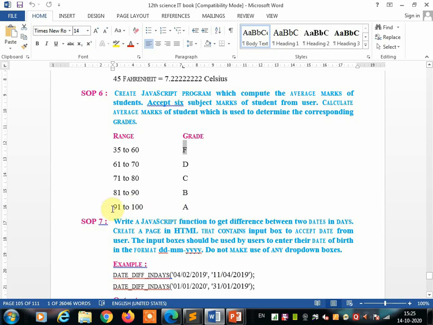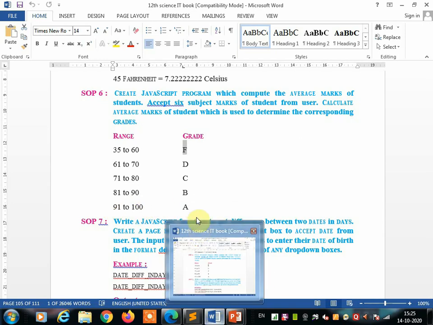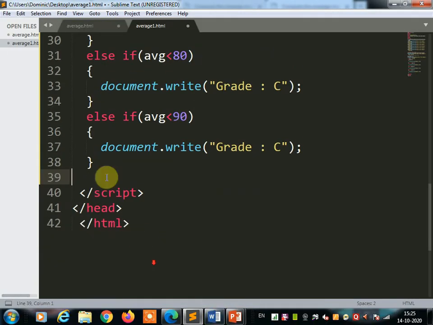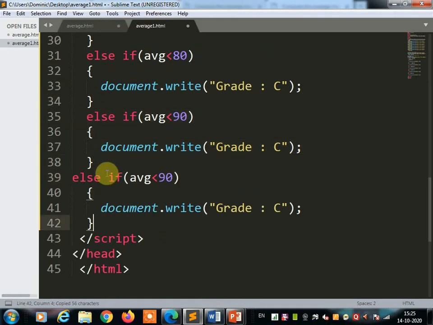If the student average is above 91 to 100, then he should get A grade. So here we are going to once again copy this statement and paste it below. Okay, below 100. If we cross 91, then it will also come to the A grade over here. This is the A grade.